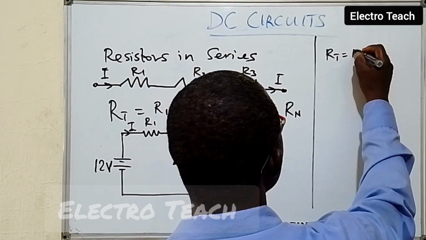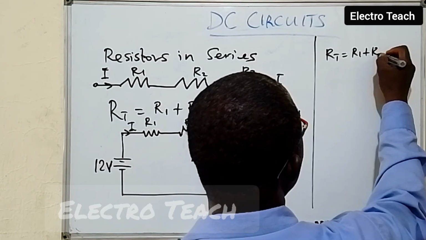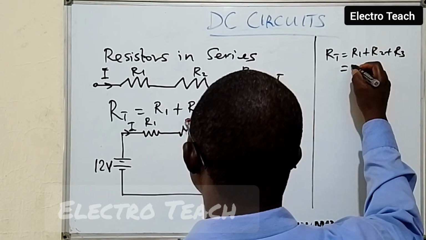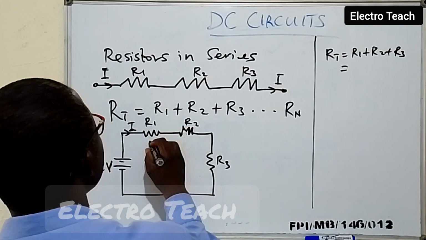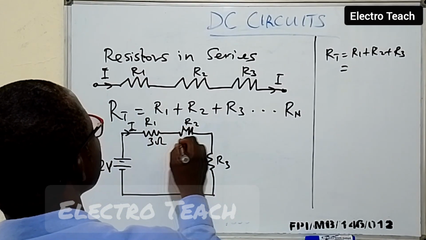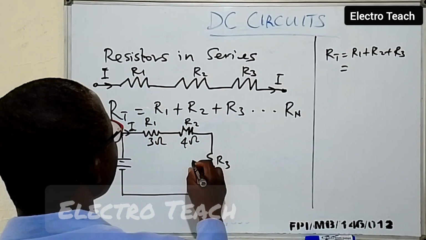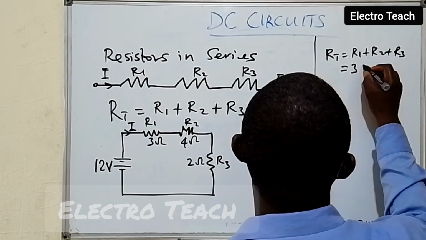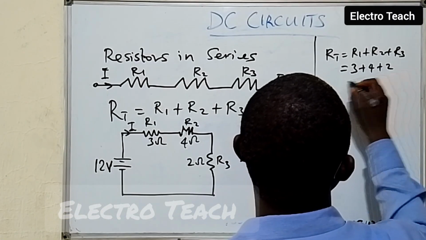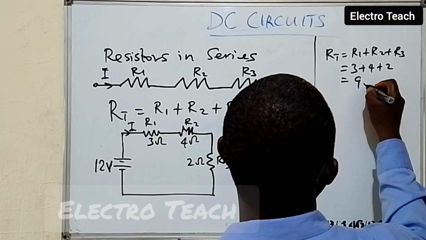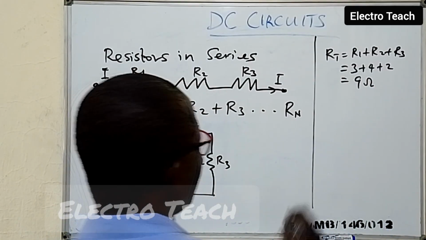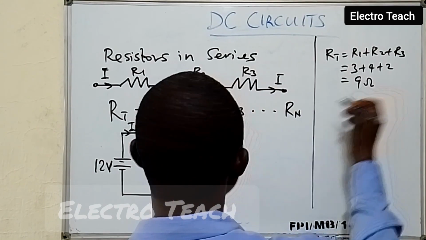R total equals R1 plus R2 plus R3. And that gives us, the values are 3 ohms, 4 ohms, and then 2 ohms. So we have 3 plus 4 plus 2, and that gives us 9 ohms. Now, the total current in the circuit using Ohm's law